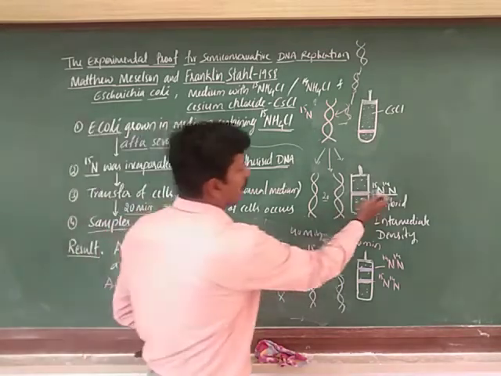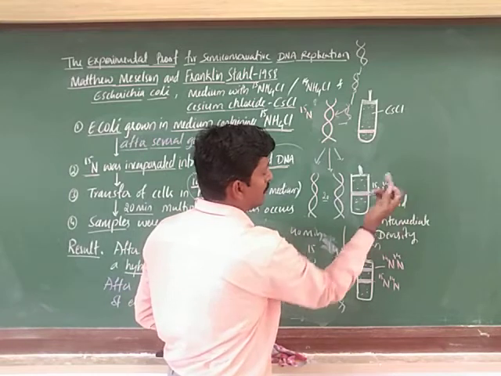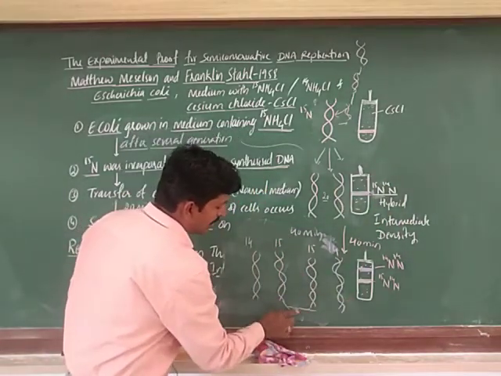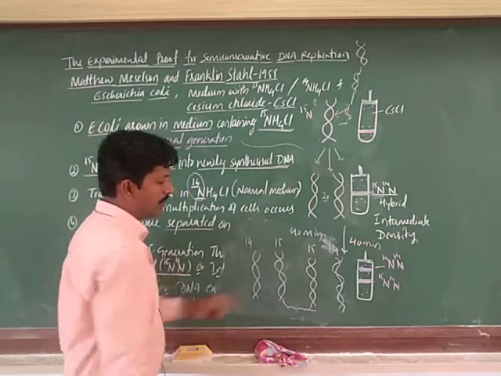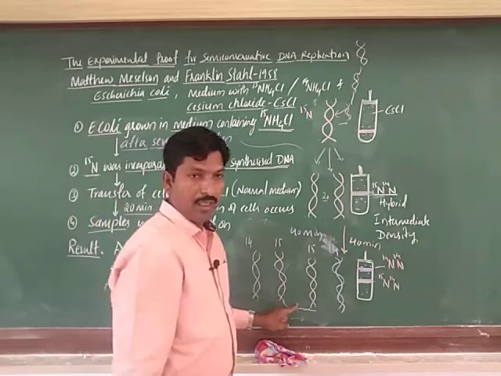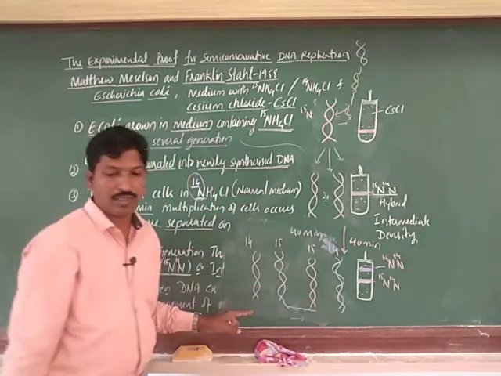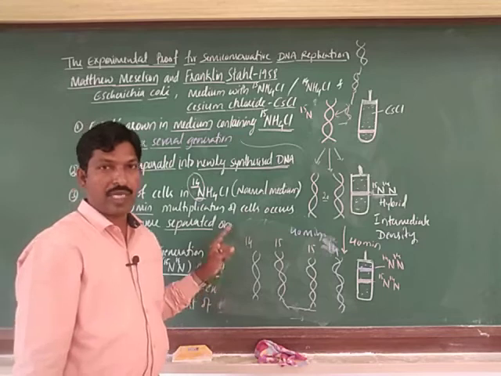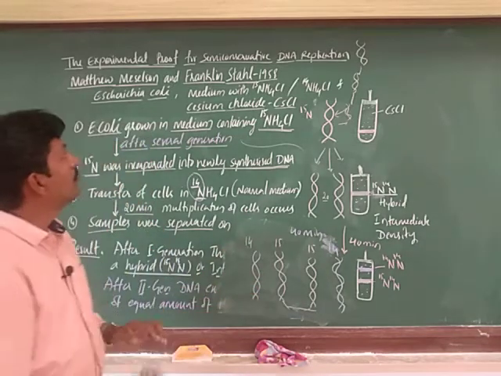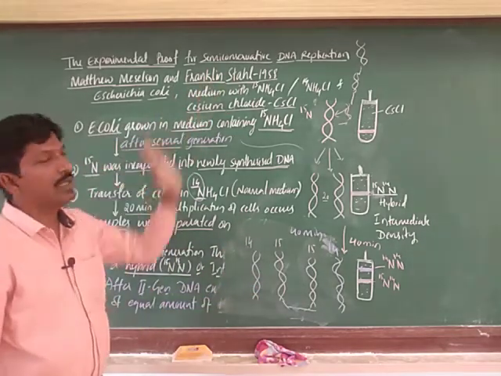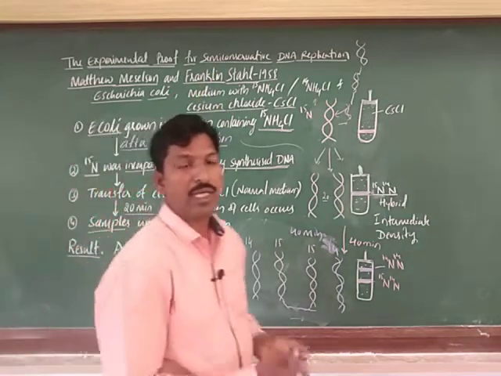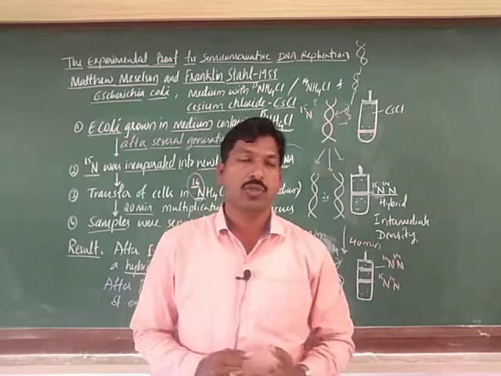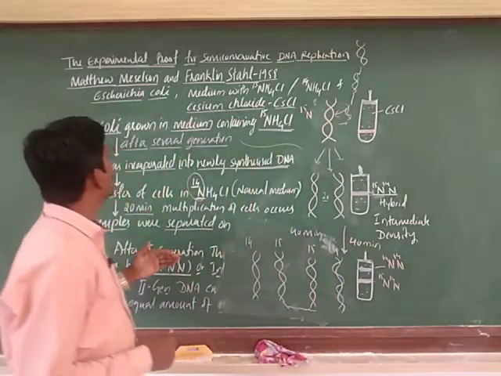Hybrid means one strand is heavy isotope and the other one is normal. That is what we observed here. These are the two strands, with the heavy hybrid, and these are as usual normal strands, right. This is what we refer to as one of the experimental proofs for semi-conservative DNA replication. I hope you understand this. Try to observe the steps here. First they start